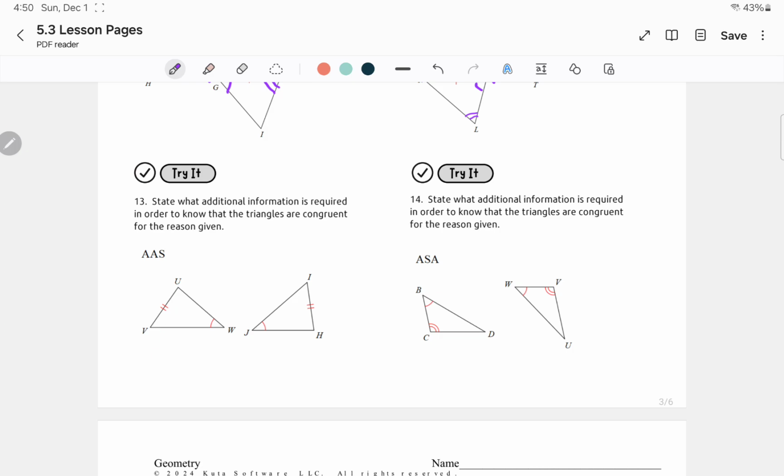So let's say we do U. So this could be angle U or angle V. Actually, let's not mark this. That's going to be a little confusing. But you see how it could be U or V, because as long as you have two angles with the side not in between, right? And then they would have to be congruent to,